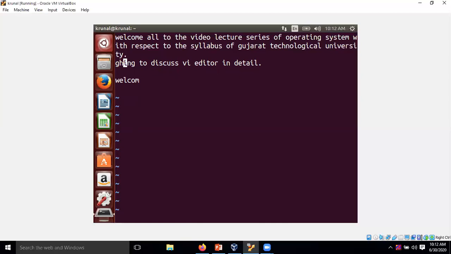So this is all about the vi editor. I hope all of you are now familiar with the vi editor. You can practice it at home, because once you are familiar with how to use the vi editor, then you can perform shell scripting. Before going on to learn shell scripting, which we will see in the next session, you need to be familiar with these vi editor options and how we can deal with it. Thanks for watching this video.